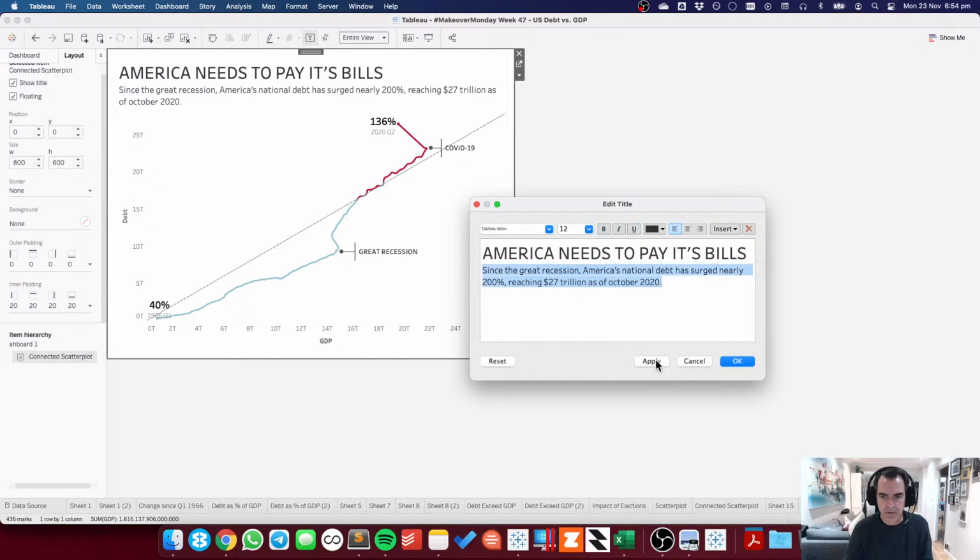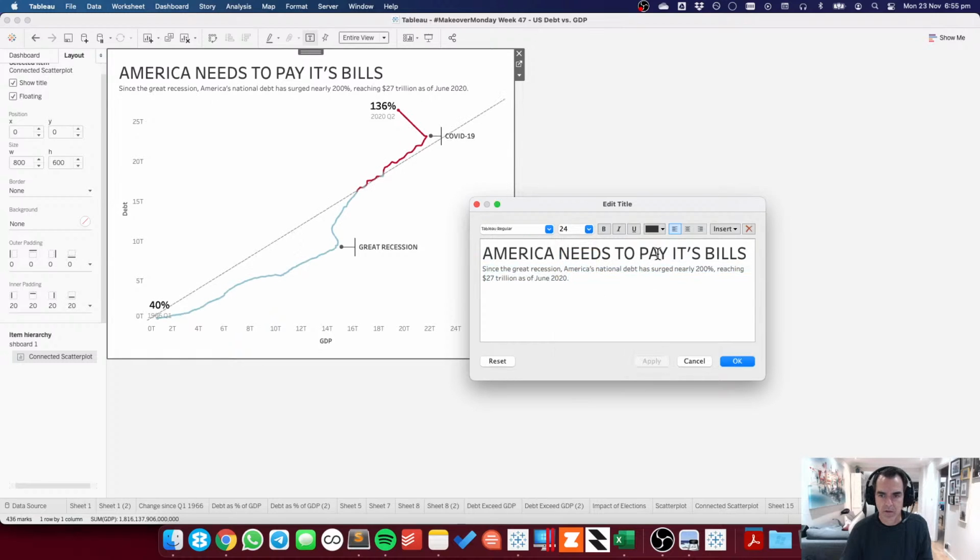Let me try 11. This should be October with a capital O. This should be June. Okay, so that needs to be on one line. And this can probably be smaller.